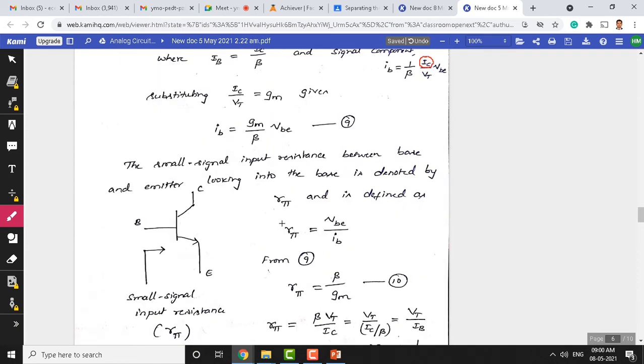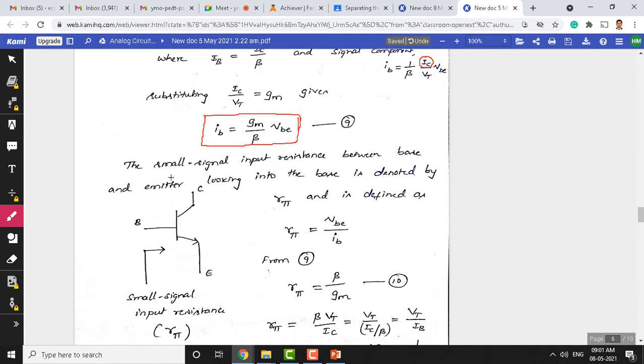Okay. Now here we are defining one important resistance which is used in BJT modeling. Okay, so with this, that's a very important expression. I suggest to students to remember this expression here. So this is the AC base current expression, which is given by GM, transconductance by the current gain beta, into the AC signal, input AC signal that is applied.